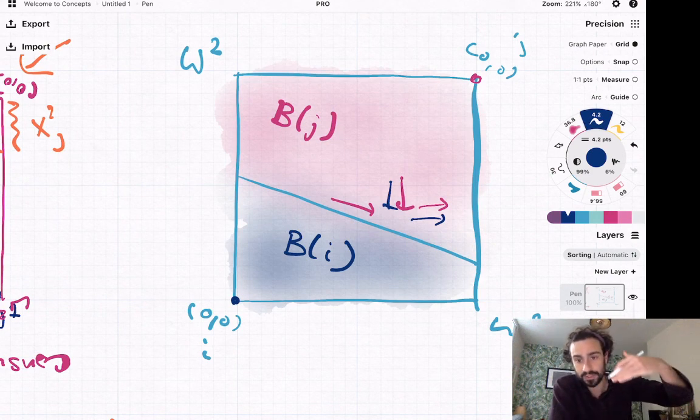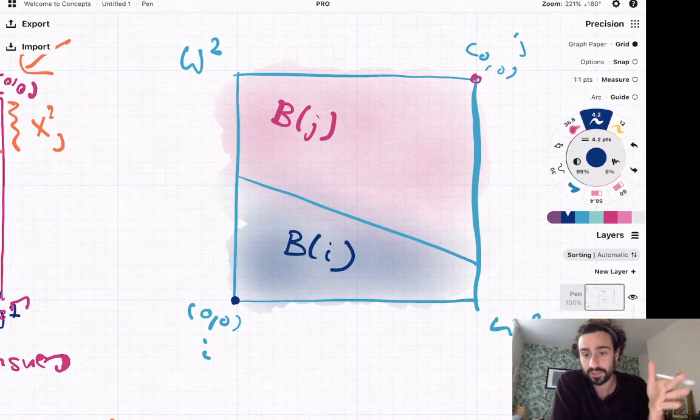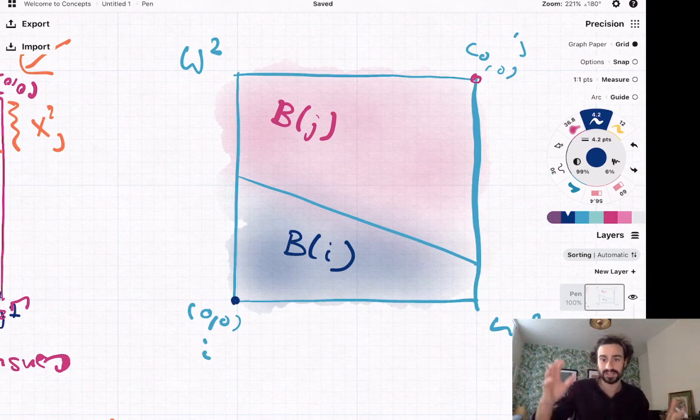Now, where is this budget line located, right? The wealthier the consumer, the larger the budget set will be, right? So if we fix the total amount in the economy, so omega 2 and omega 1 are fixed constant amounts, right? We're just deciding how much of it initially went to consumer I and how much of it initially went to consumer J. If all of it went to consumer J, consumer I can't afford anything. Their budget set is just this point, and consumer J controls the whole square. If consumer I starts with everything, then the whole square goes to consumer I and nothing to consumer J, right? So the budget set is the whole square.